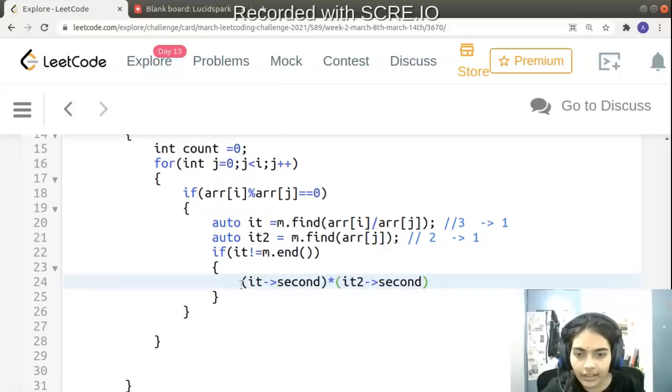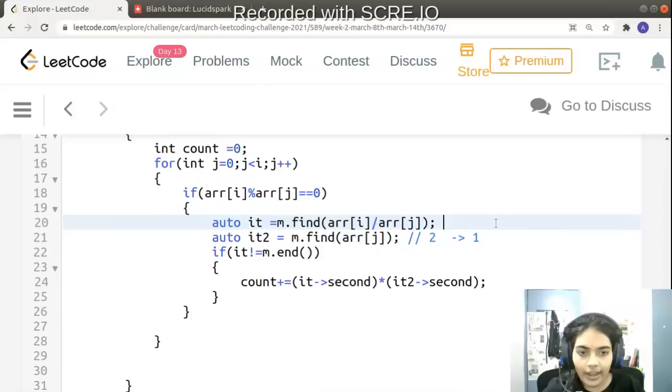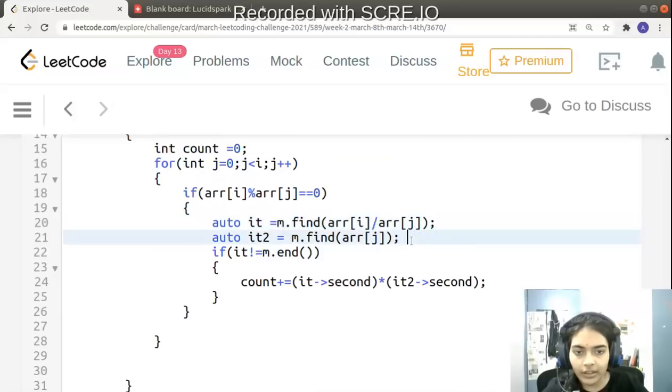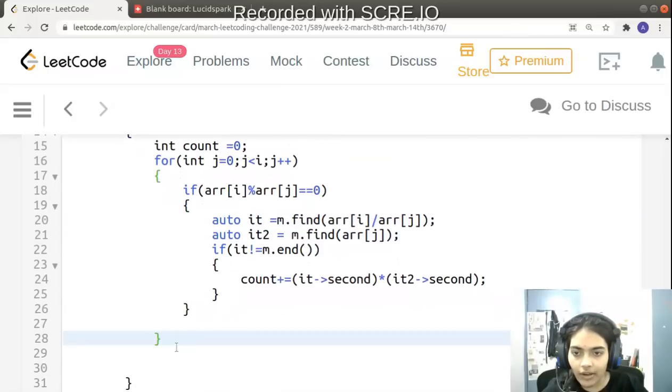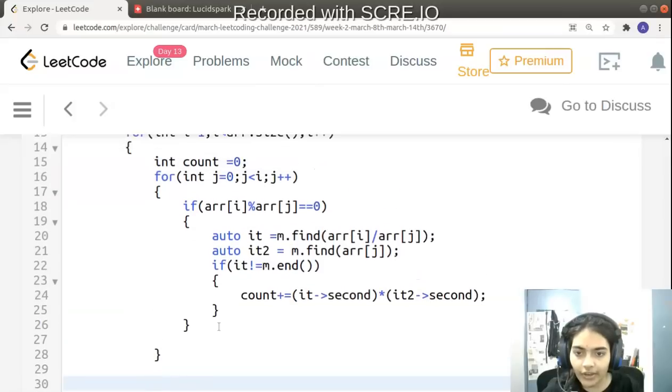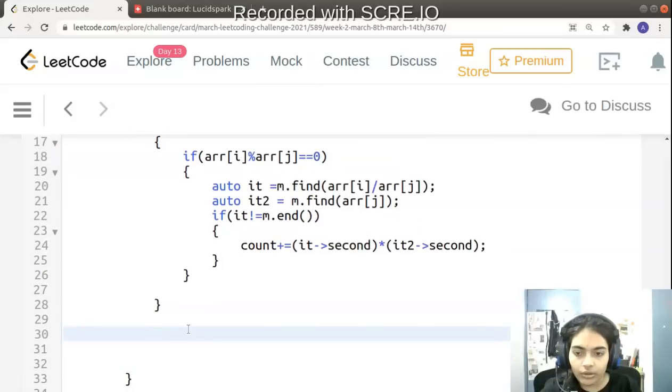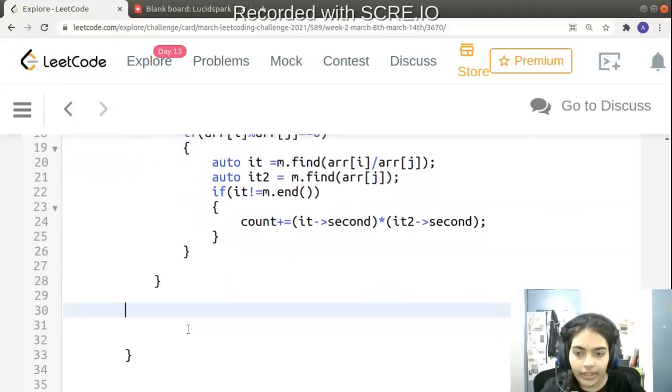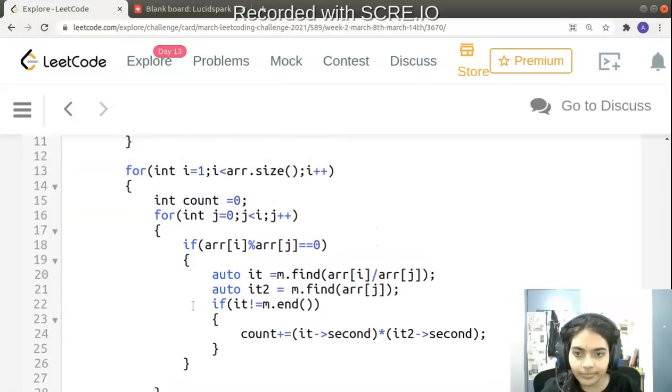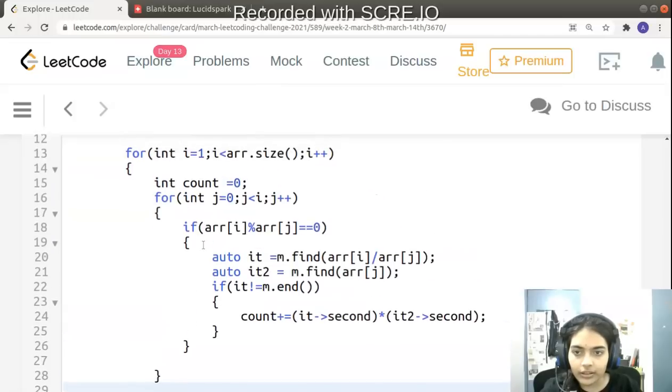Once I multiply this, I have to add it to count. So count plus equal to this particular value. Finally, we have to change the count. After exiting this for loop, we have to update it. So how do we change the count? Let me declare auto it3 here.